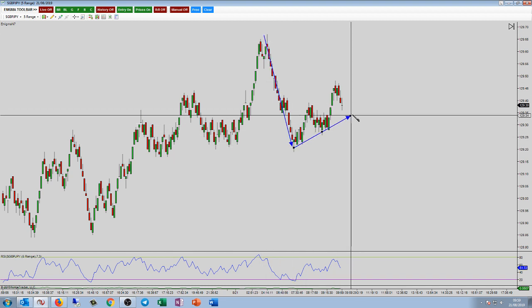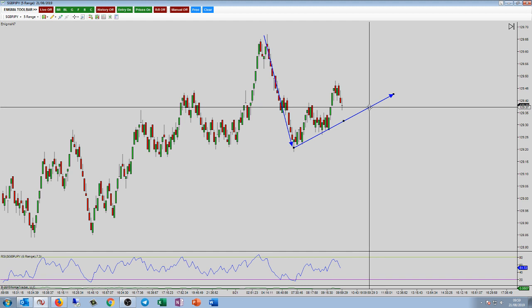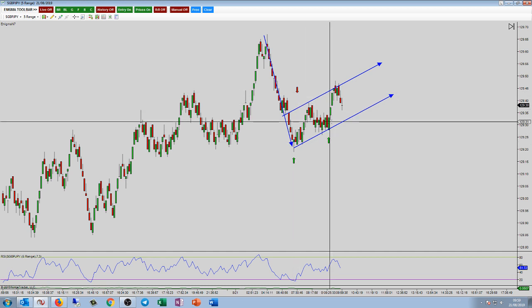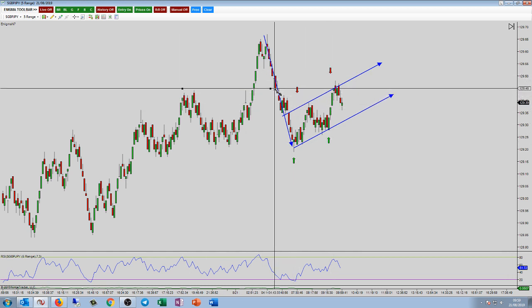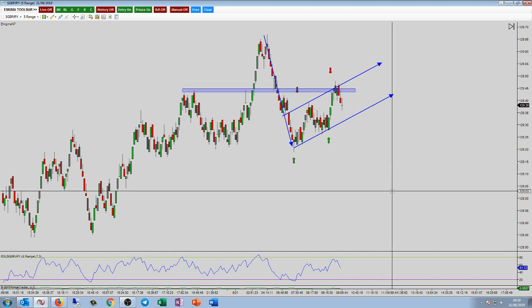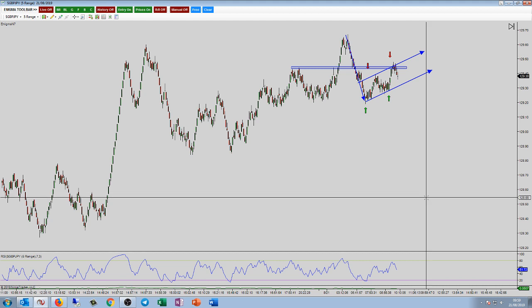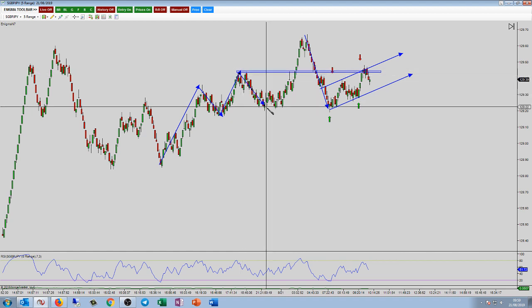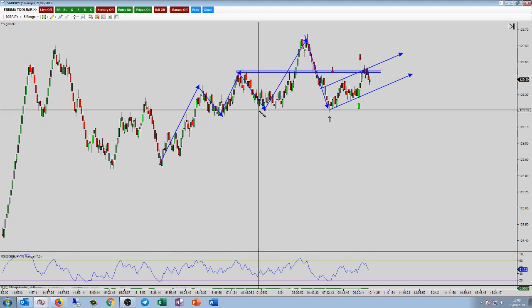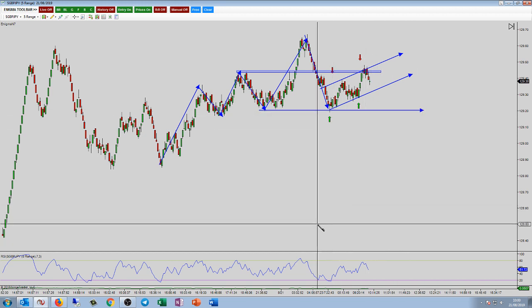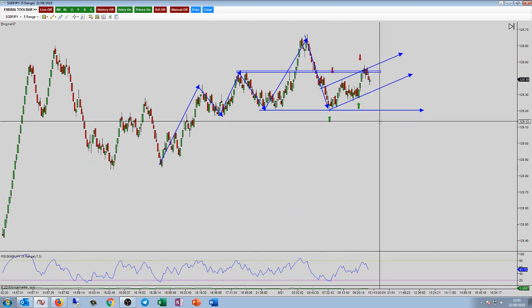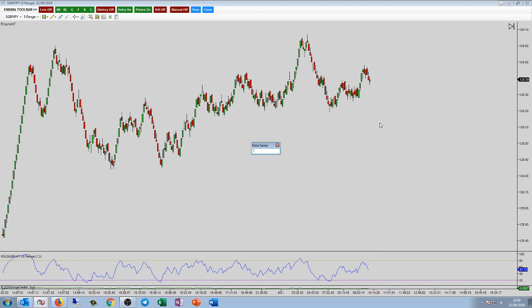Looks like you may have a small flag. 1, 2, 3, 4. Previous structure in the wicks. You could see a little pop to the downside. The problem here is that if you read the trend, new high, pull back, new high, pull back, new high, you failed to violate this level. So for me, unless I had some extra confirmation, I would only be looking for a retest of this lower level. So nothing on the pound yen then for me.